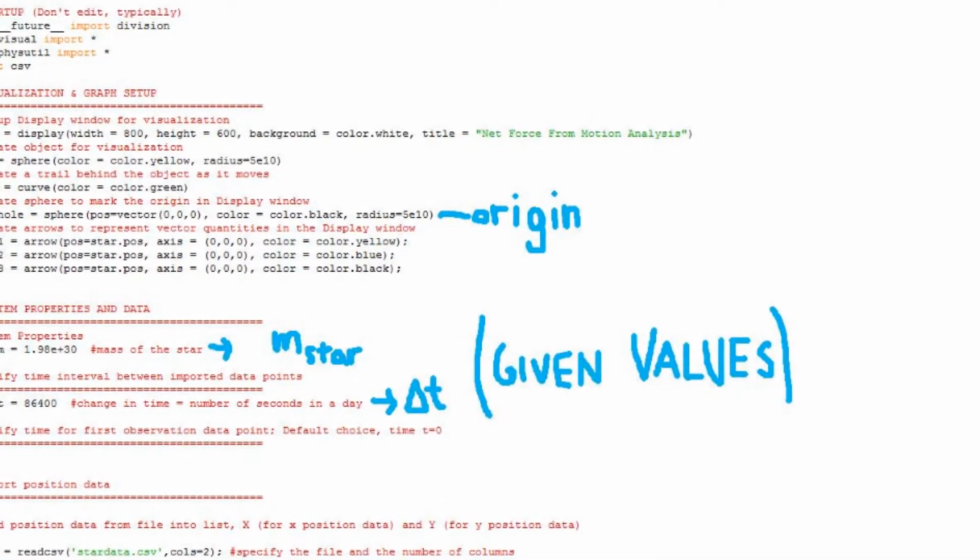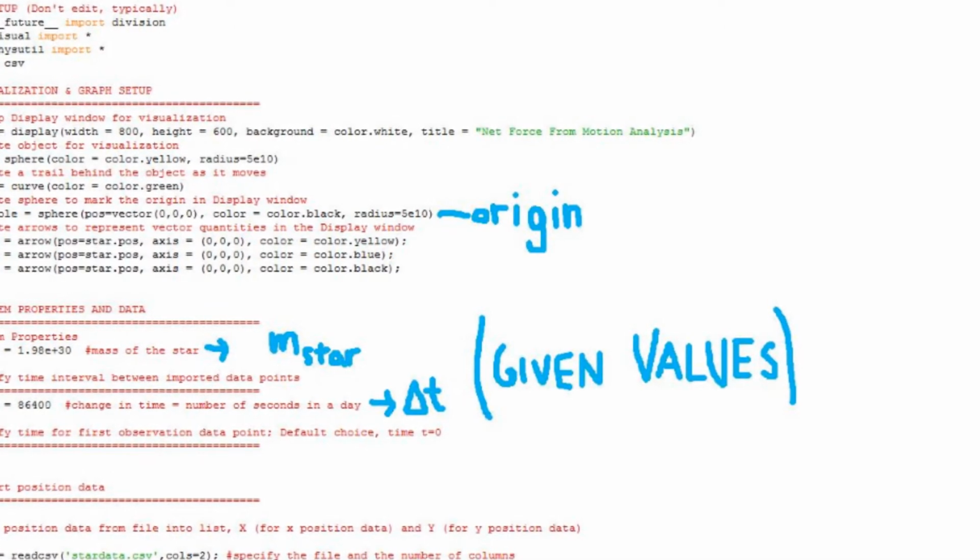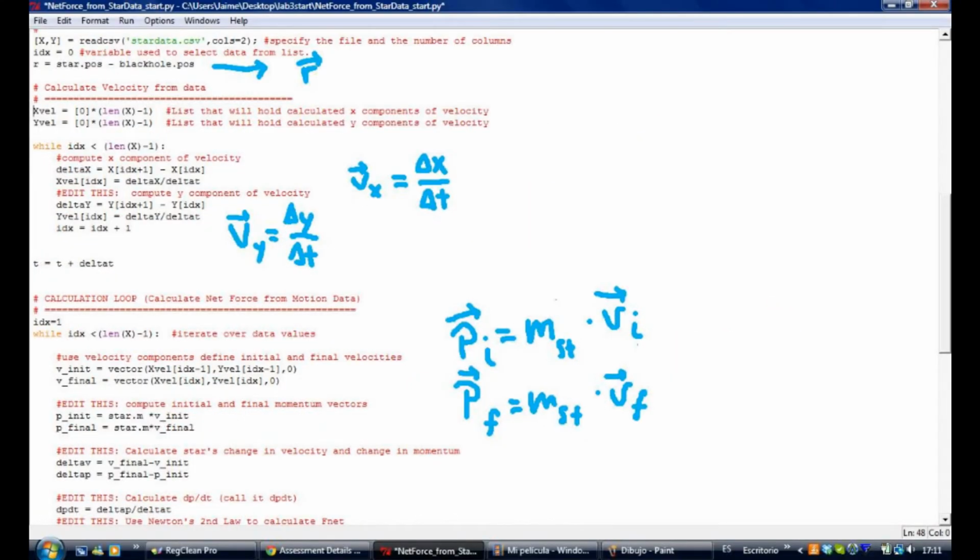Now we have to see two velocities, the velocity in the x component and the velocity in the y component. We have also written our radius, and we have two momentums that we have to define. The initial momentum, which is the mass of the star and the initial velocity, and the final momentum, which is the mass of the star and the final velocity. Now we have our dPdt, which is the change in momentum divided by the elapsed time, and by Newton's second law, it is equal to